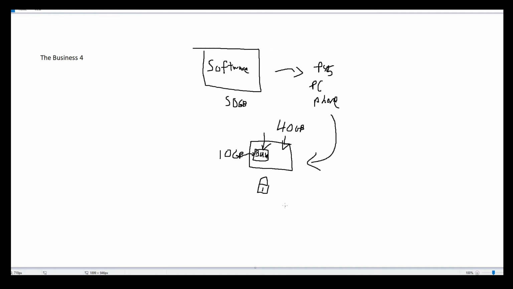behind a paywall. So they bought the 50 gig piece of software, but they only get access to the 10 gigs. The other 40 gigs is there, but it's behind a paywall. We'll call it encrypted. We'll encrypt it behind this paywall. And then, guys, we're going to charge them to access that other 40 gigs that's on their hard drive, their solid state, and their memory sticks. We're going to encrypt that.